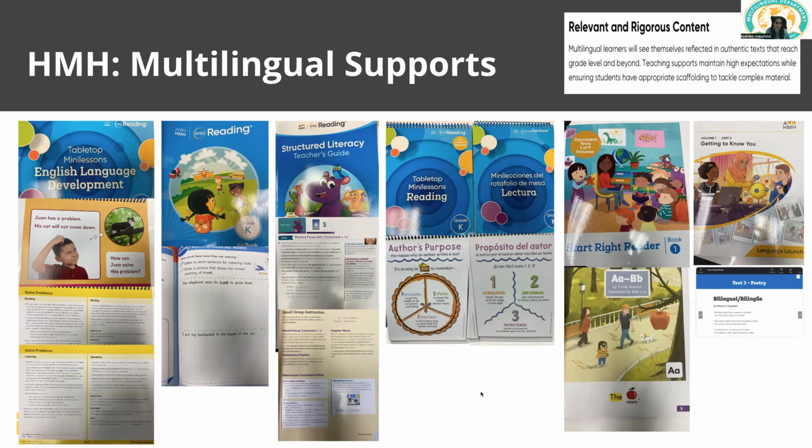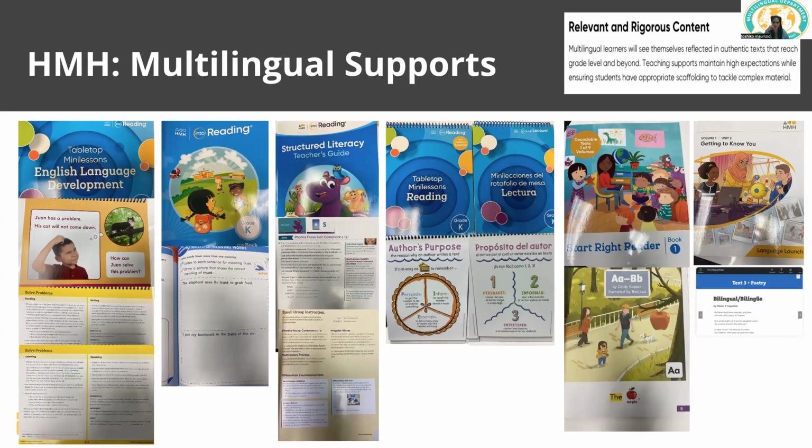And then Start Right readers, all of the kids have Start Right readers and decodable text. The cool thing about the Start Right readers is that you can actually follow along, and the students are able to hear the books being read. It also has a highlighter that follows and tracks as the book is being read. There's that audio, and then there's also the reading and the tracking, which really helps our multilingual learners